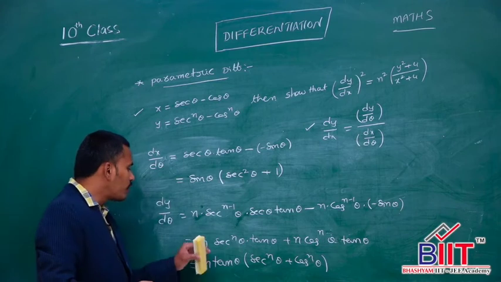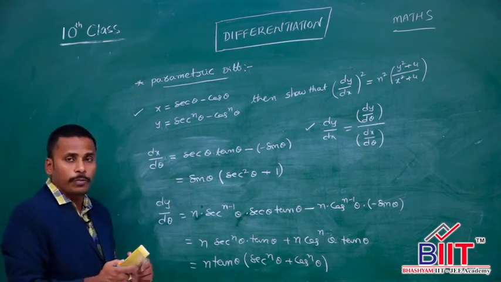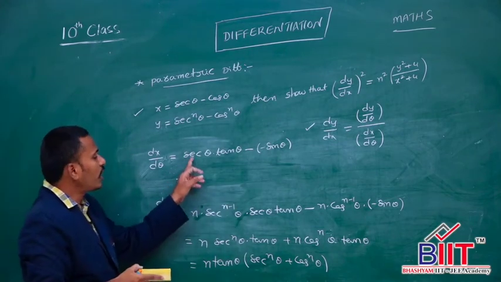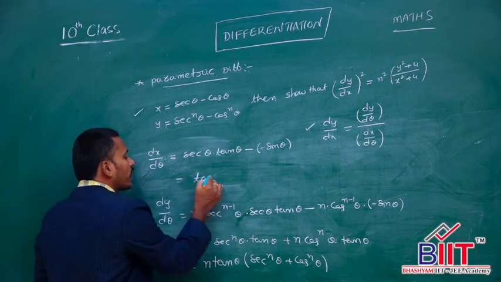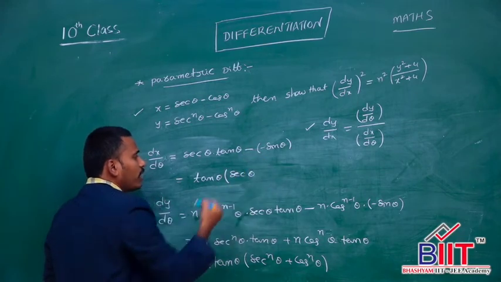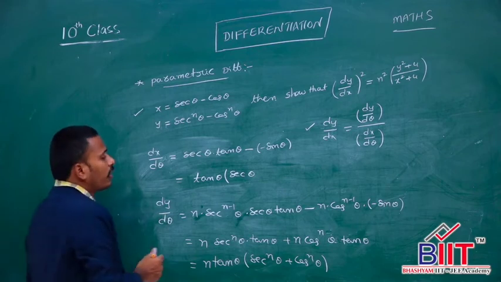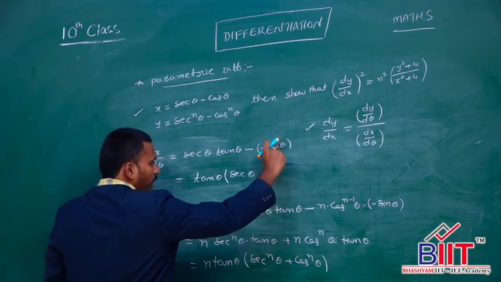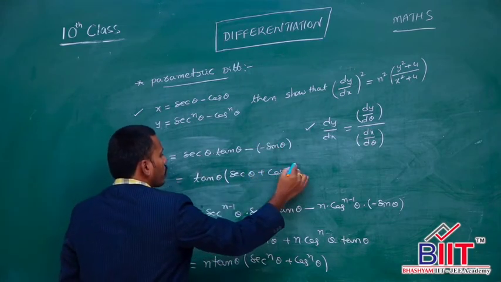Now from this dy by d theta, again just look at this dx by d theta. I will rewrite it like this. This is secant theta into tan theta plus sin theta, right? You just pick out tan theta as a common quantity. Here you are left with secant theta plus sin theta, right? Already we picked out tan theta. That means we need to divide with cos theta and multiply with cos theta. This sin theta by cos theta is tan theta out, so plus cos theta.